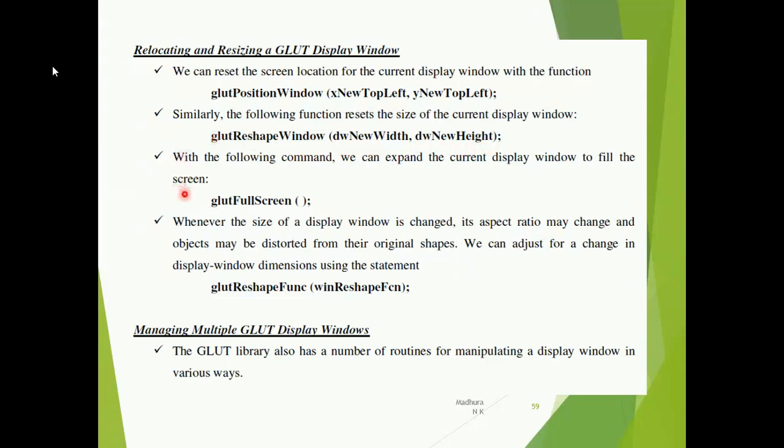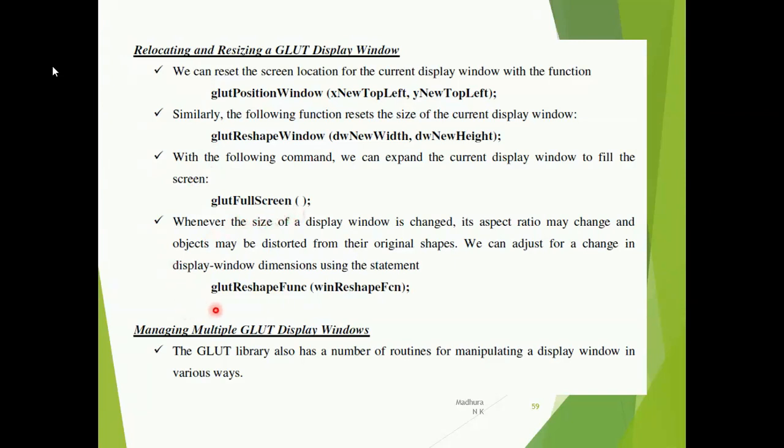Suppose you have a smaller display window, think that you have an entire screen but have used only a small portion of the screen to display the window. If you want to maximize your existing display window to the entire screen, then you can call the function glutFullScreen.